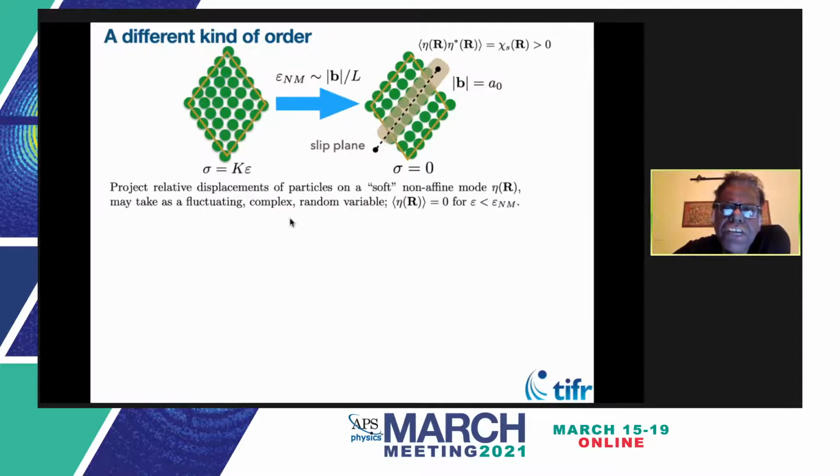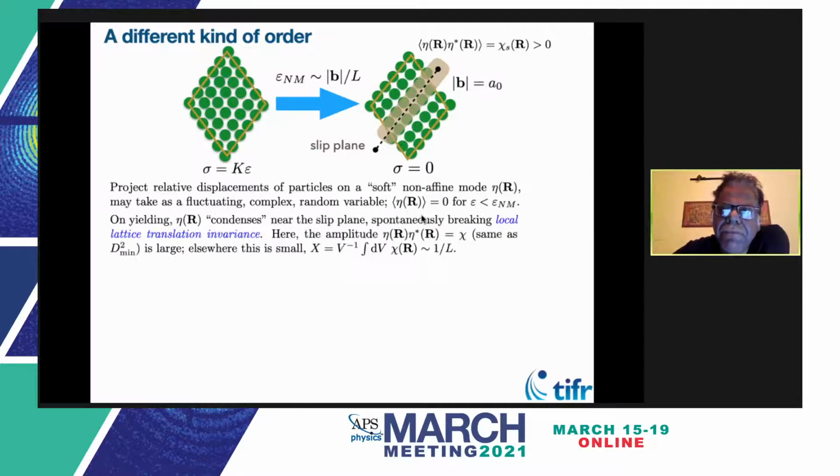Okay, so to describe this, we project all the relative displacements of particles on this soft non-affine mode. And we take this as a fluctuating random variable. We can take it as complex, it doesn't matter. This is zero before the transition. And as soon as this transition happens, it condenses near the slip plane and it spontaneously breaks local lattice translational